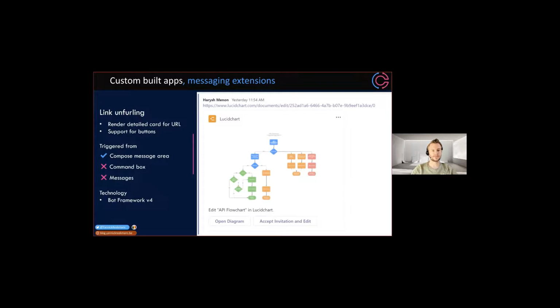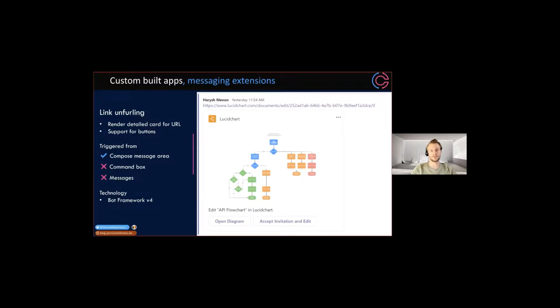And then the last one is link unfurling. We know about this functionality when you post something to GitHub or to a website, that some nice preview card is rendered. So maybe you've got some line of business application within your company that you want to render nicely as well when people post links to it.